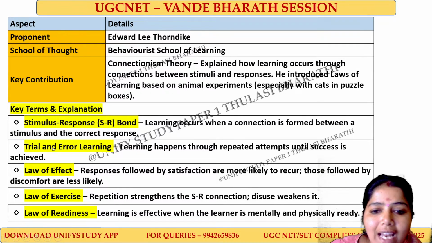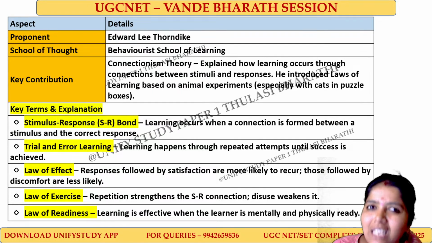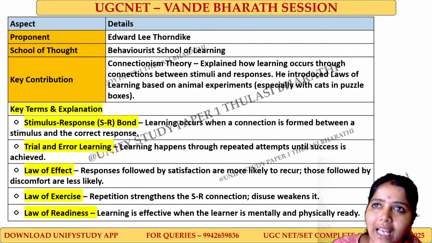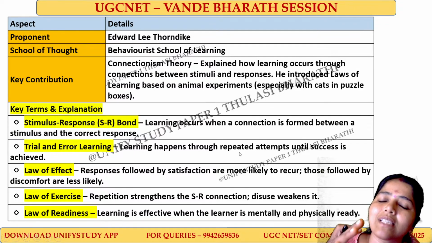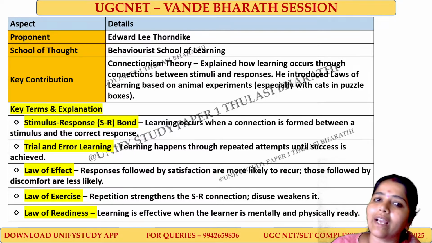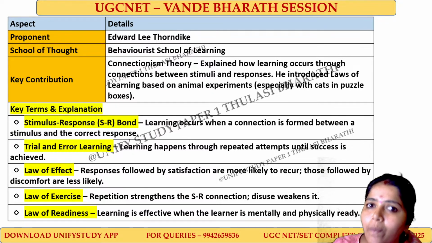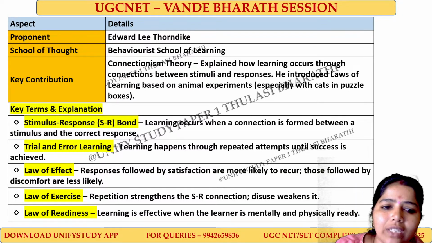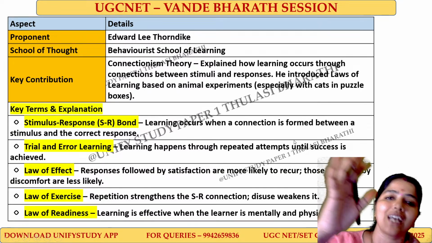And we have trial and error learning. How many times we repeat something? When we learn something, we repeat it again and again by means of the trial and error method. So learning happens only through repeated attempts. Simply remember how we learned cycling during our childhood. Again we fall, again we climb up, again we fall, again we climb up, right? So by repeating the actions again and again, we learned. And that is called trial and error. Learning happens through repeated attempts until success is achieved.